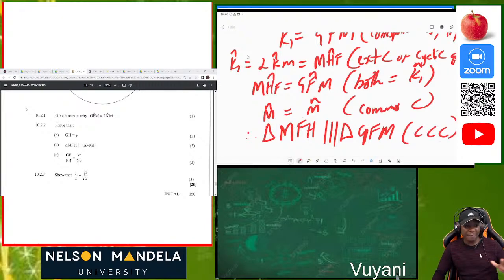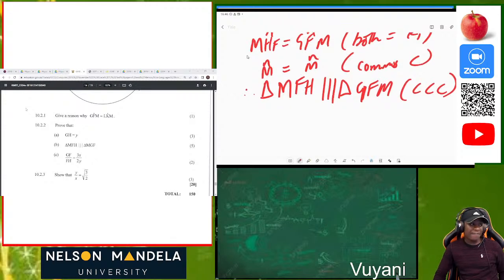Then you get your 5 marks just for doing that. 5 marks, 5 straight marks. Then in part C, we must be able to calculate and prove that GF over FH is 3x over 2y. So we know that GF over FH